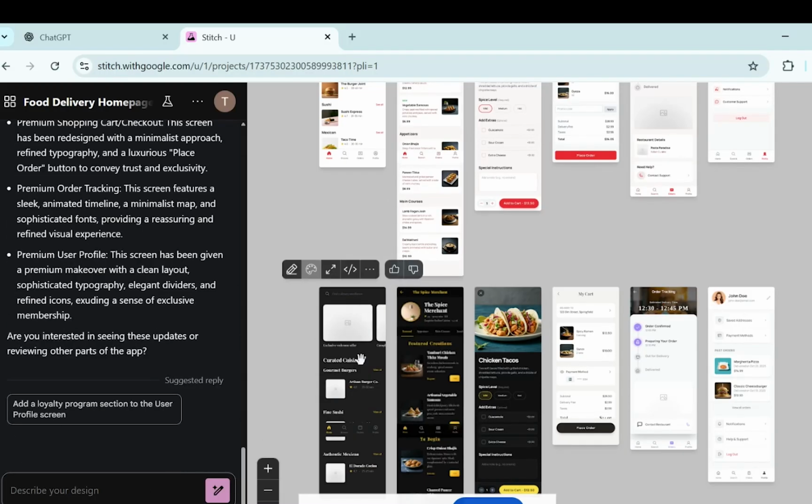Now, one more interesting thing is that if you want to do any changes, you can see here there are different options given for each. So, for example, I want to edit the design in the chat. After clicking on the edit icon, this part has been selected, and I can write anything to change it. So, for example, let's give a video option